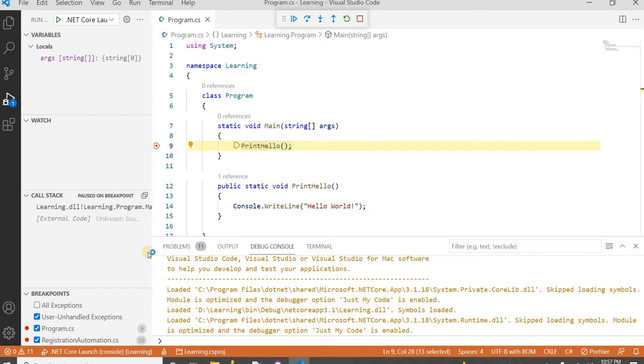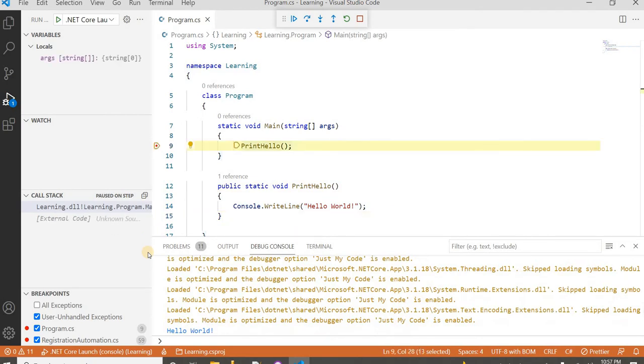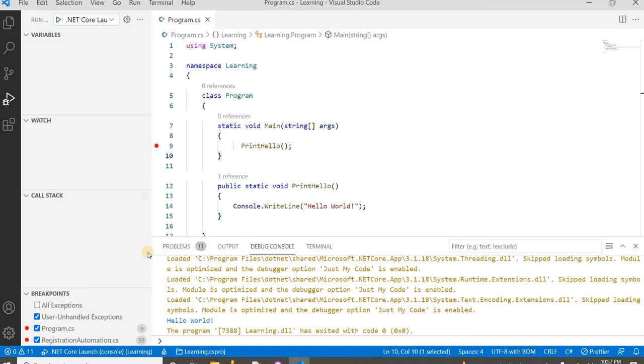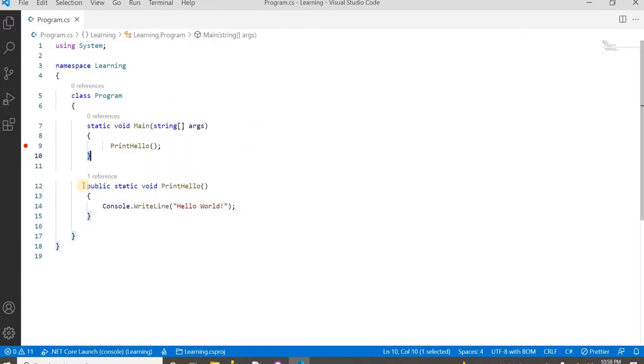Inside debug mode you will see the cursor moved to this method, and here it's printing this particular thing and returning the cursor back to line number 9, and then it is executing the rest of the application. So when execution is complete, it's printing here. Now I have explained in simple words what a method is.